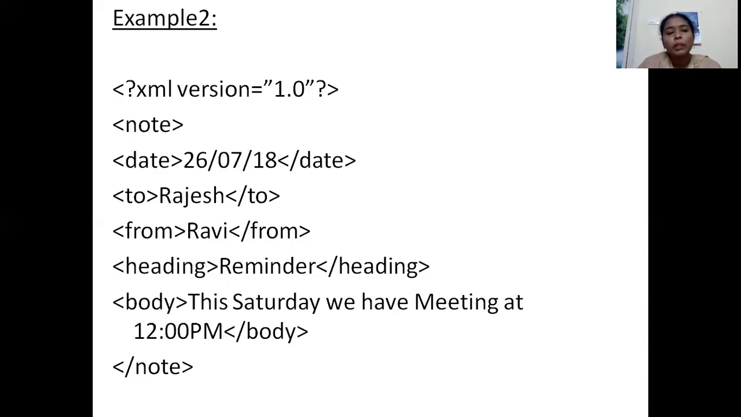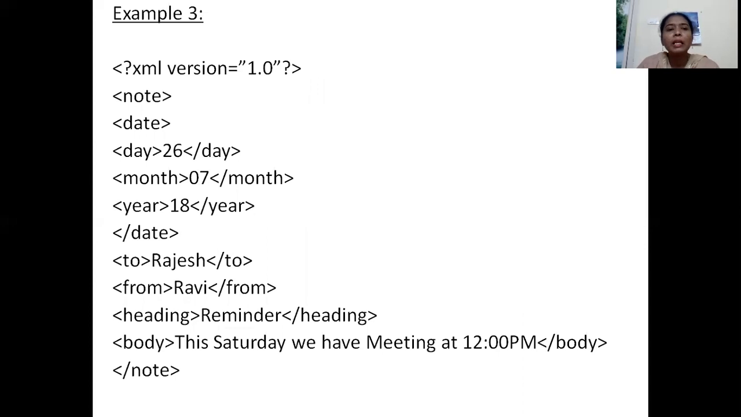On so and so particular date, so and so person is sending a reminder saying that this Saturday we have a meeting at 12 p.m. from so and so person. And let us go for the third example. Even this third example gives the same meaning. It introduces different types of elements such as day, month, and year, and also gives the same meaning